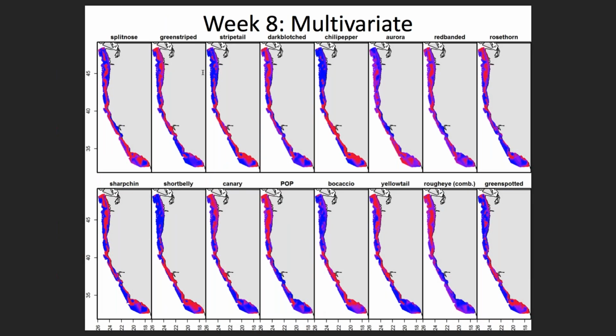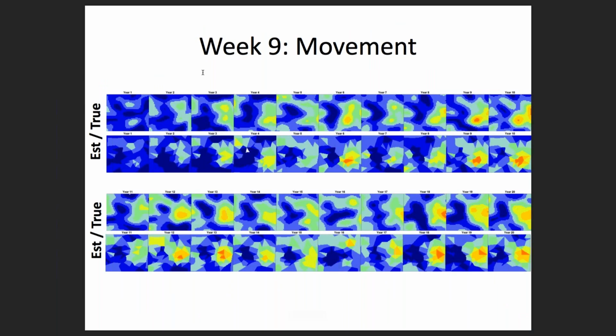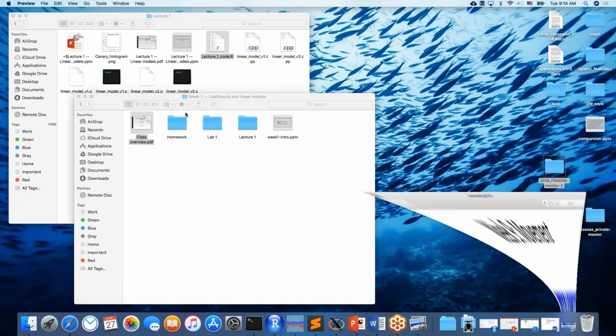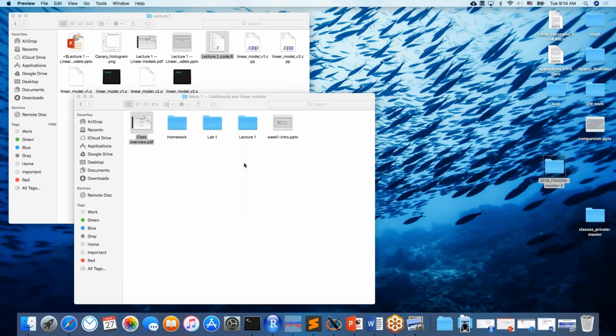Week 8, we do multivariate spatial models. And by week 9, either we do movement or maybe we'll do multivariate spatiotemporal models. It sort of depends. I haven't actually set up yet, but okay. The point of it is to go over the material in a couple of different combinations, but the essential point is to be able to construct models by hand that